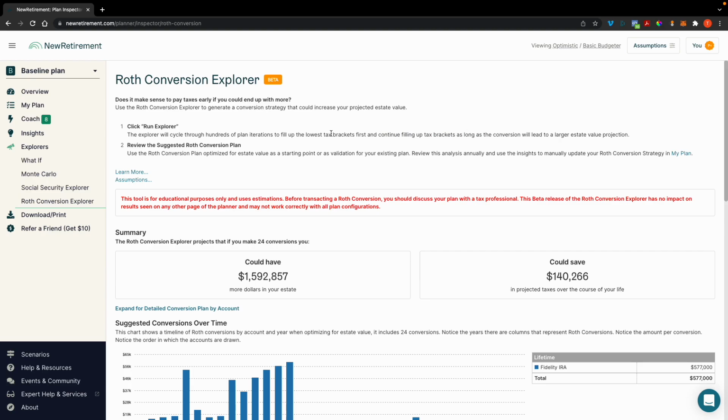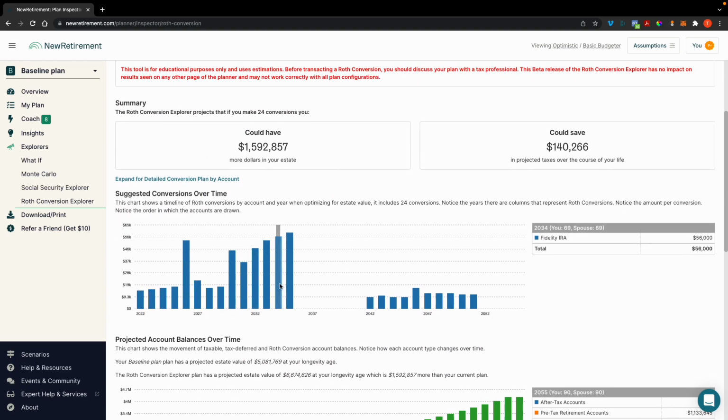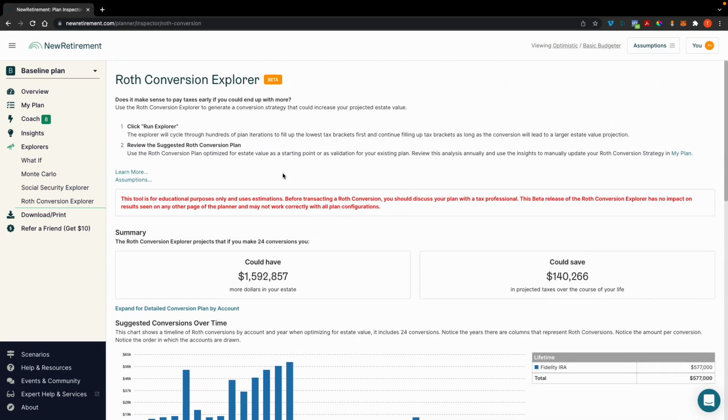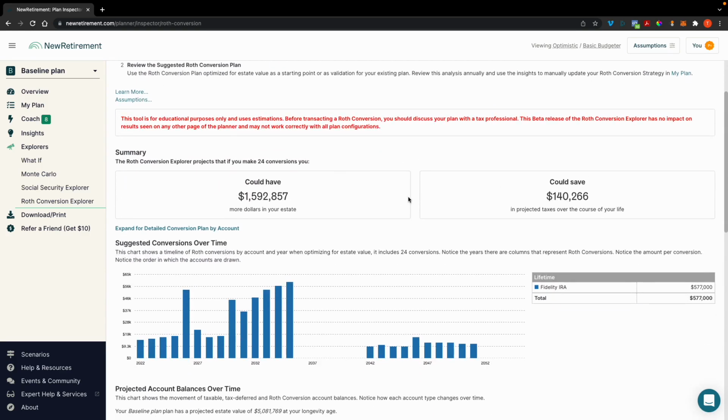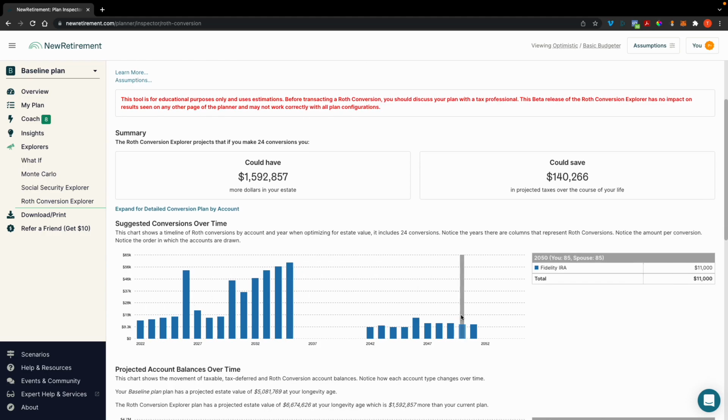So higher estate value isn't everyone's goal, which is why you should not just take this and implement it and use this as what you're going to do for Roth conversions, okay? This is a starting point. And what I like to tell my coaching clients is if you run this and you have everything plugged into the system properly and it's not showing any conversions, odds are you're just not a candidate for conversions, okay?